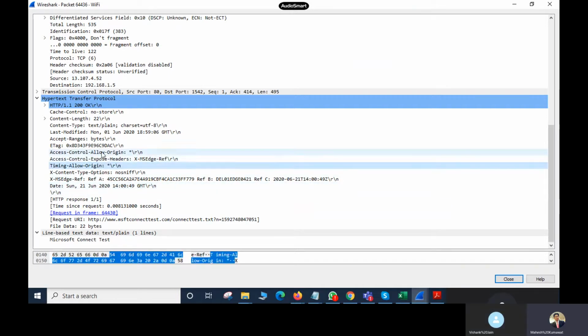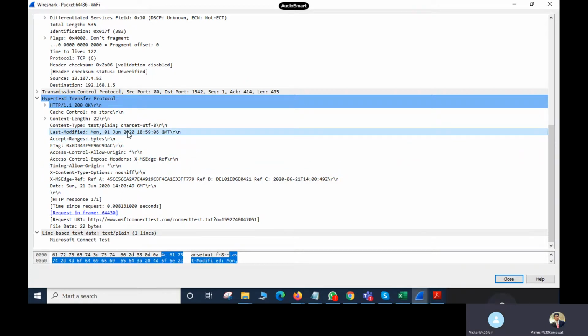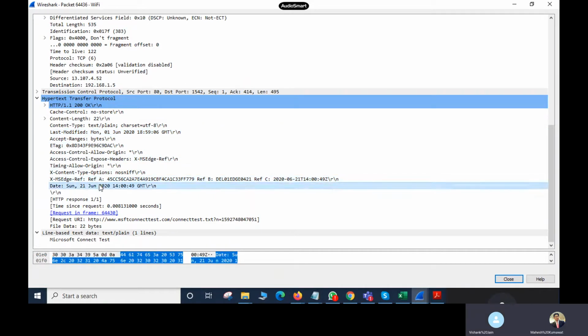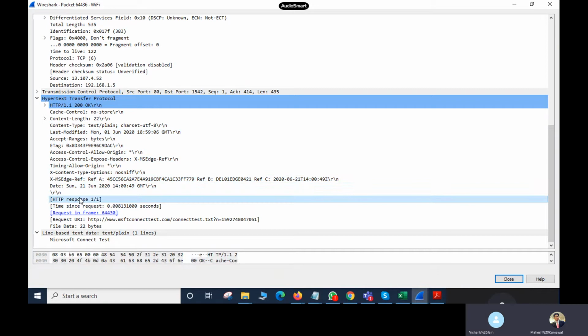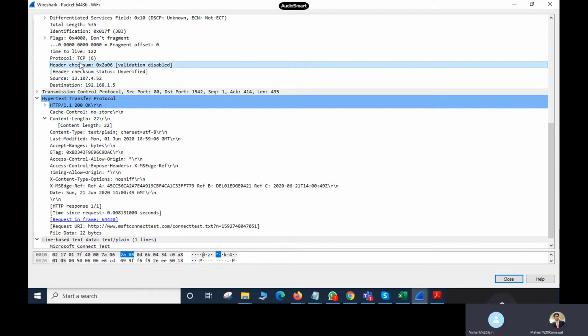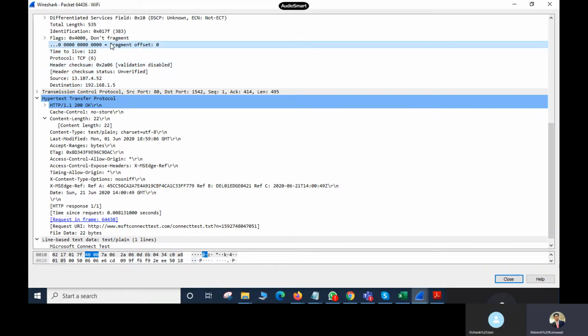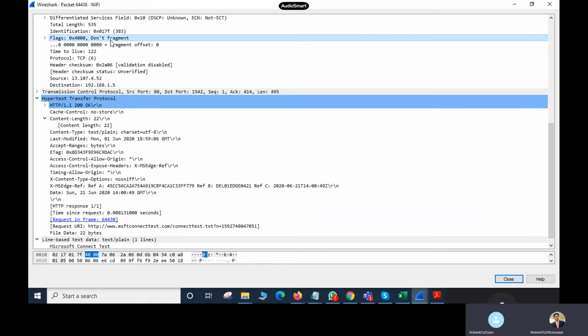And the date, response time, allow, how many bytes, last modified, the packet will be there. So it is going to be used for your forensic investigations, and you are going to check the source and destination, the time, what sort of information is in the packet, where the packet is going, the date, the HTTP response. Suppose it's a TLS packet, an HTTPS packet. The frame length and content length are there. So all things you can find here: source and destinations, the TCP header, time to live settings, the fragment offset, and the don't fragment flag.